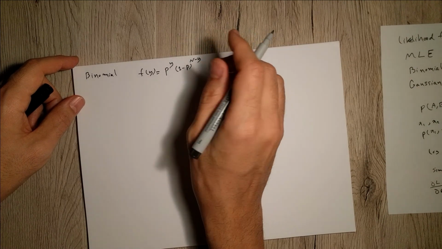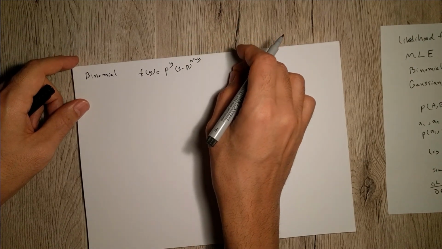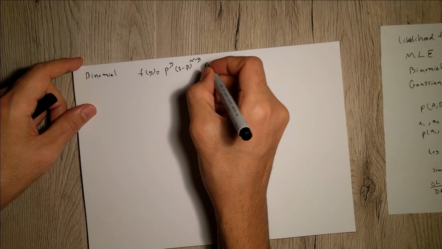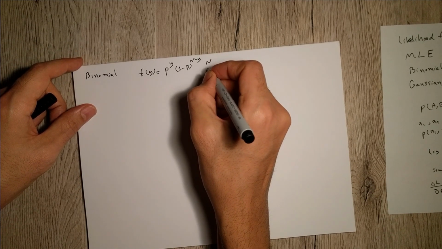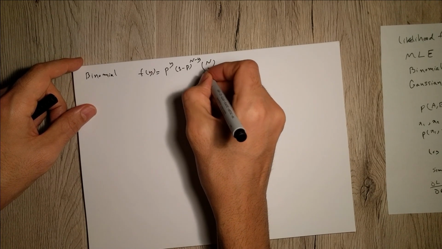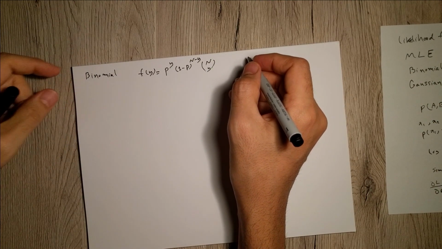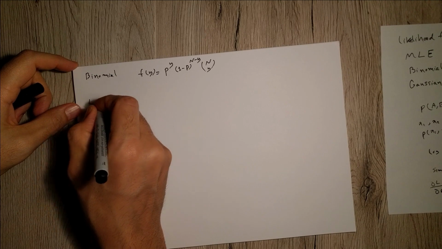And you could have a different combination of winning, losing, winning, winning, losing, winning, winning. So we have to take into account also these combinations. So we also have this term here as well. Okay, so now let's write down the